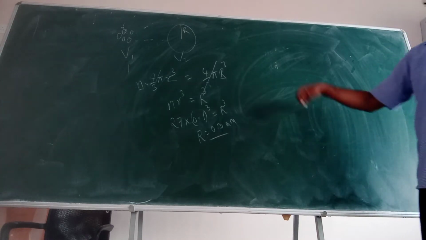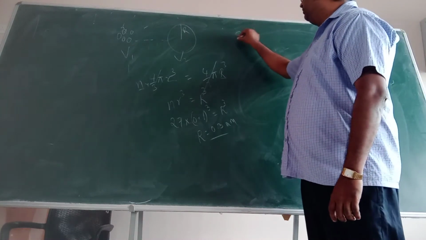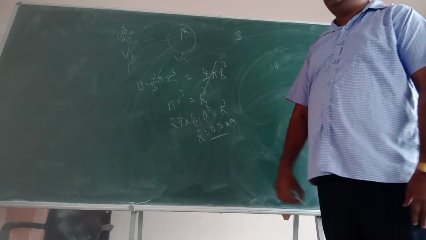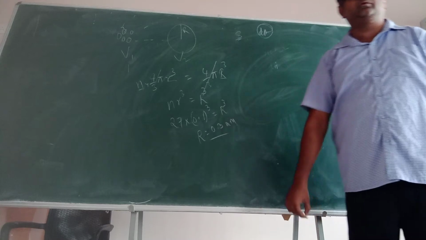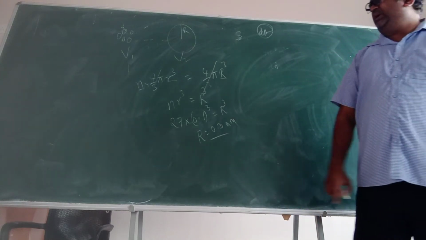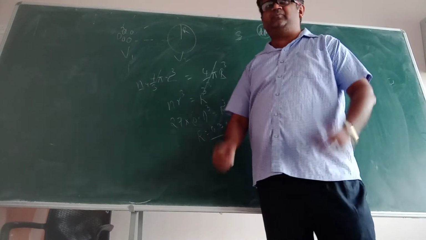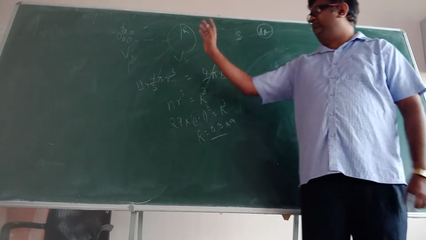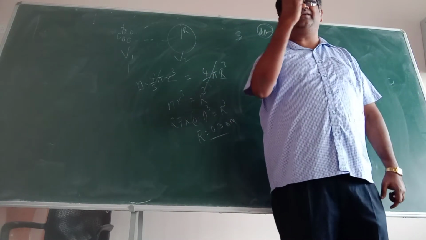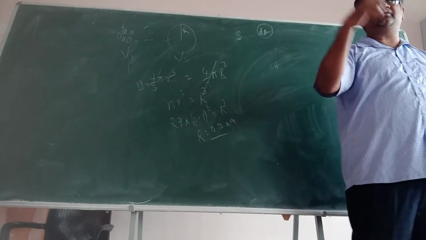Now you have to calculate surface energy. You have to find out what? Surface energy. That means essentially you have to find out dA, the change in area. Let me ask you a question. Here there are 27 drops of smaller size, and here there is a single big drop of 3 times the radius. Where is the surface area more, the earlier case or the recent case?